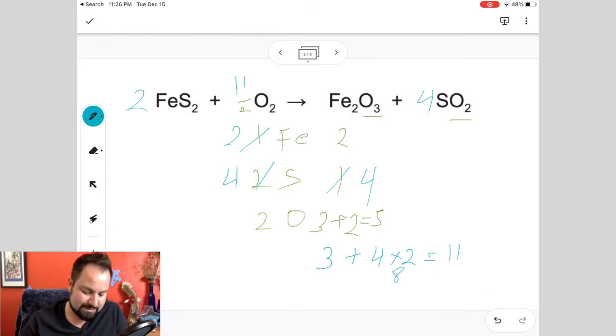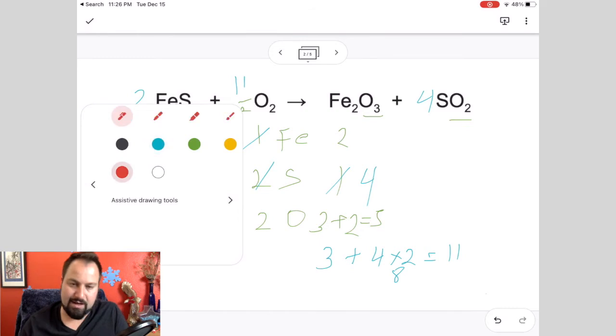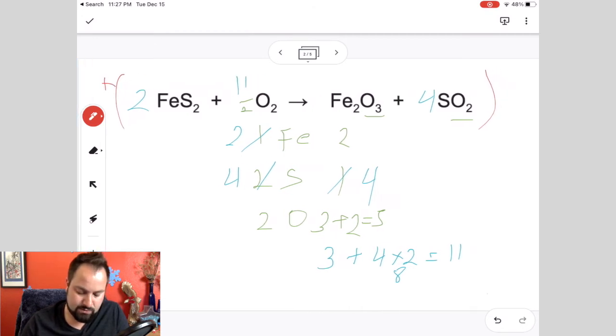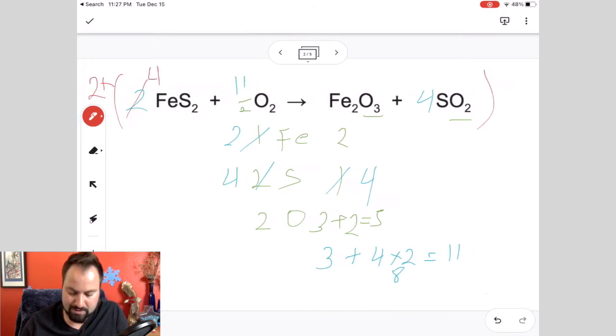Once again, this is not an even number. It doesn't divide simply, so we have to multiply the entire thing by 2. That means this becomes 4, that stays as 11, this becomes 2, and that becomes 8. And if we want to verify that, we have 4 times 1, that's 4 here, 4 times 2, that's 8 there,